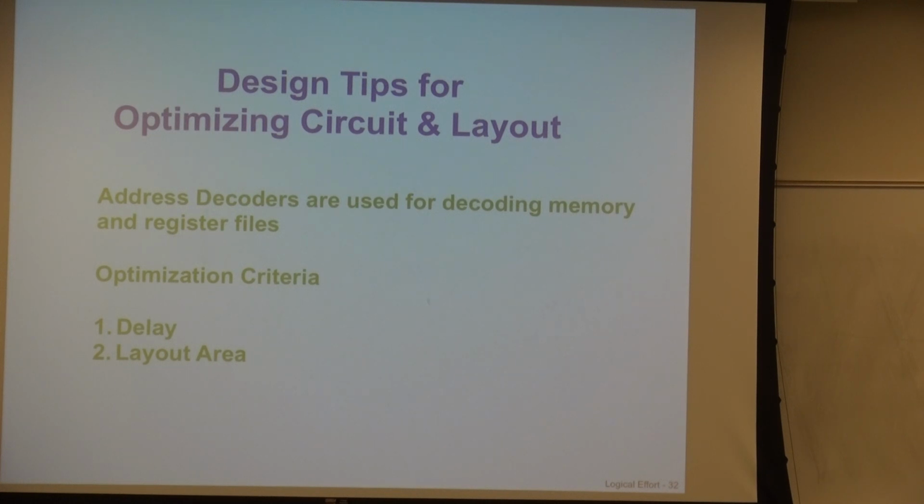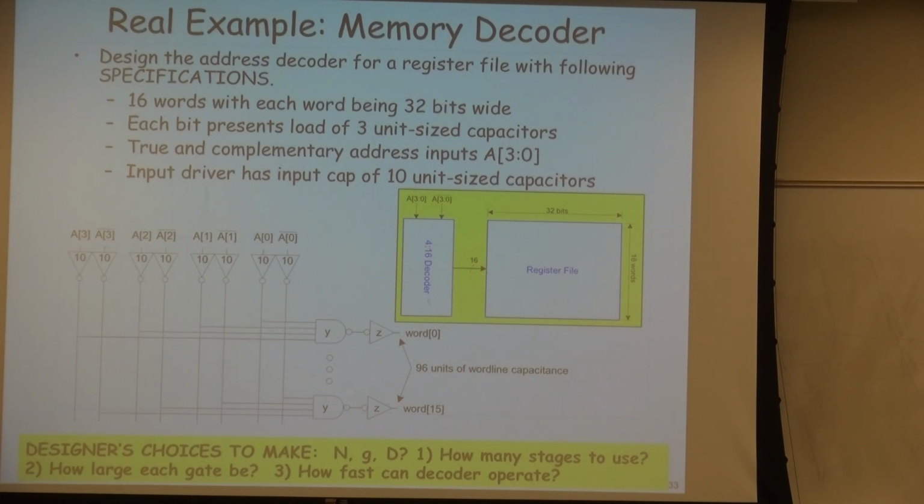Now let's see two examples. The address decoders, which we talked about for the register file, will be optimized with respect to delay and with respect to the layout area. For the address decoders, we have seen that they drive these long lines. For that, we need inverters, which should be sized by 10. So these are the sizes of the